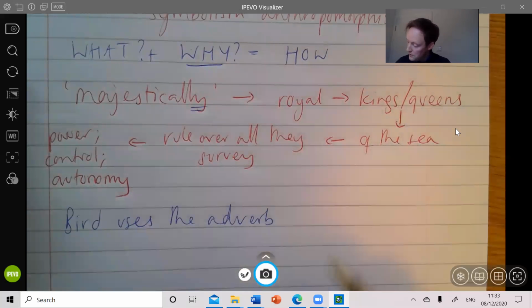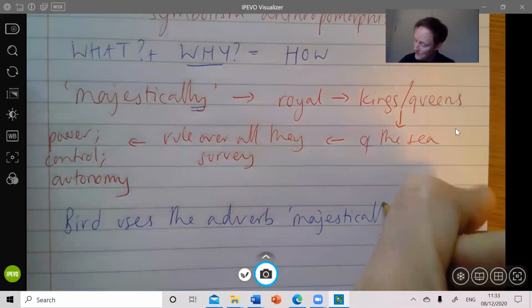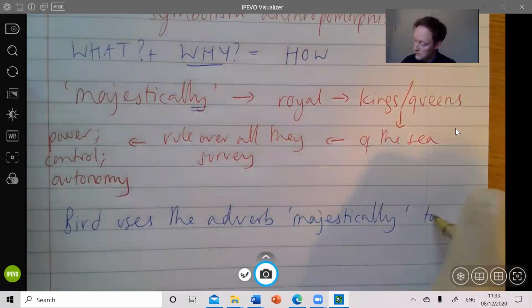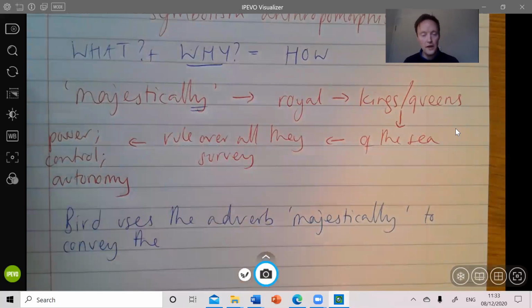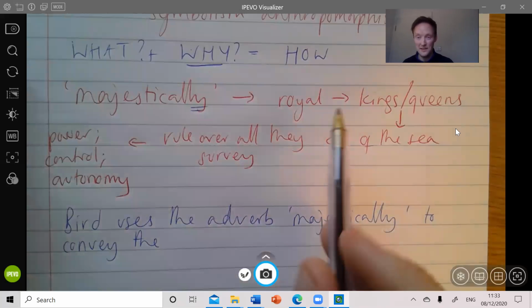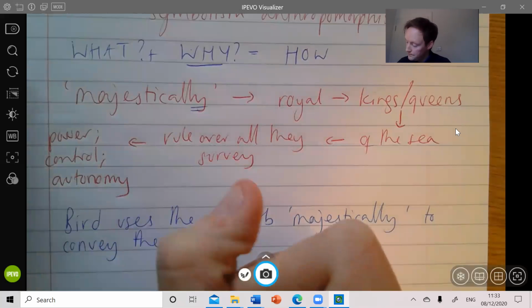Bird uses the adverb majestically. And what I want to try and do here is avoid just repeating the word majestically over and over again, but explain and articulate what that word means. And the work in this instance has already been done. Bird uses the adverb majestically to convey the